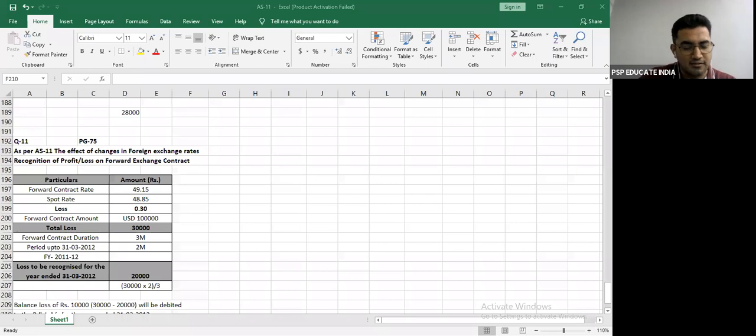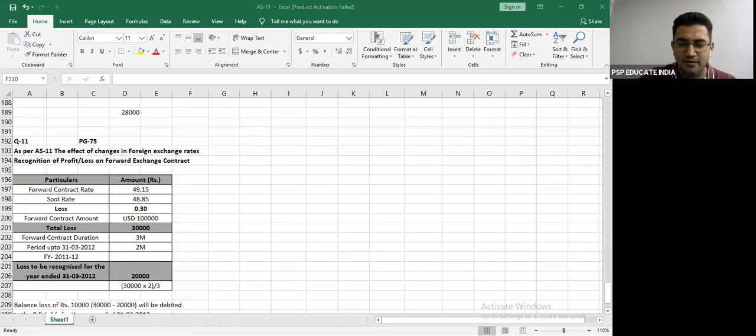We did this first when we began with this concept. Of course, you do it for hedging, you do it to mitigate the loss, you do it to reduce the loss. So it is a tool which helps you to reduce the loss that you're going to have due to foreign exchange rates change. Now, sometimes what happens, people also use forward contracts for speculation.